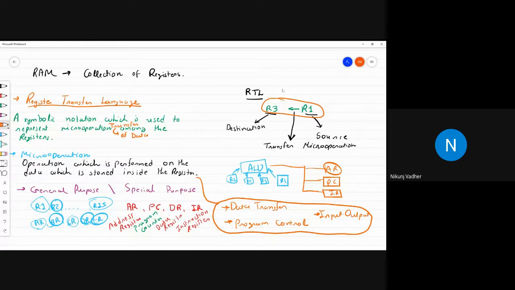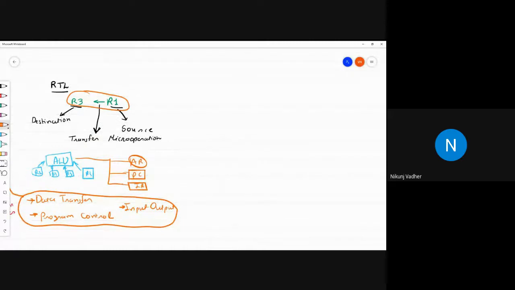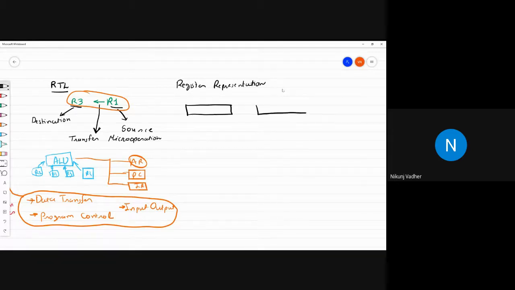Now let me tell you how we can represent a register, the various ways of register representation. There are four methods.